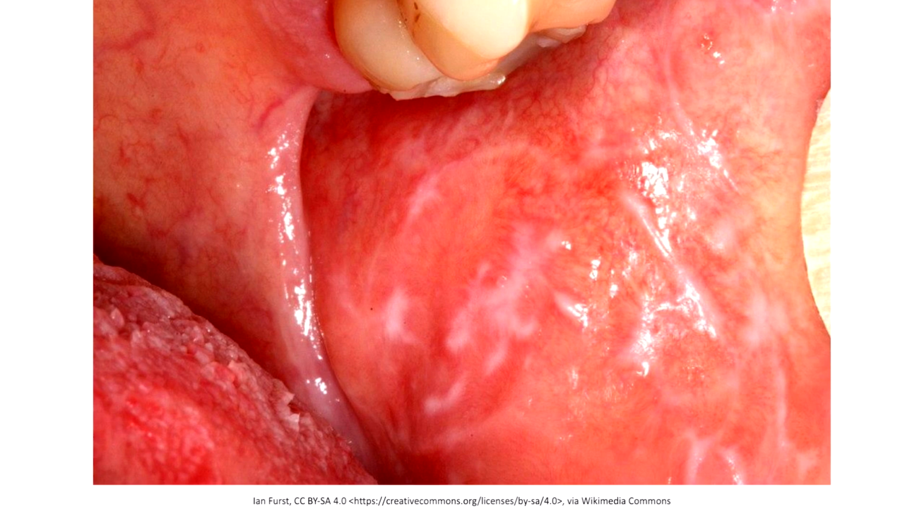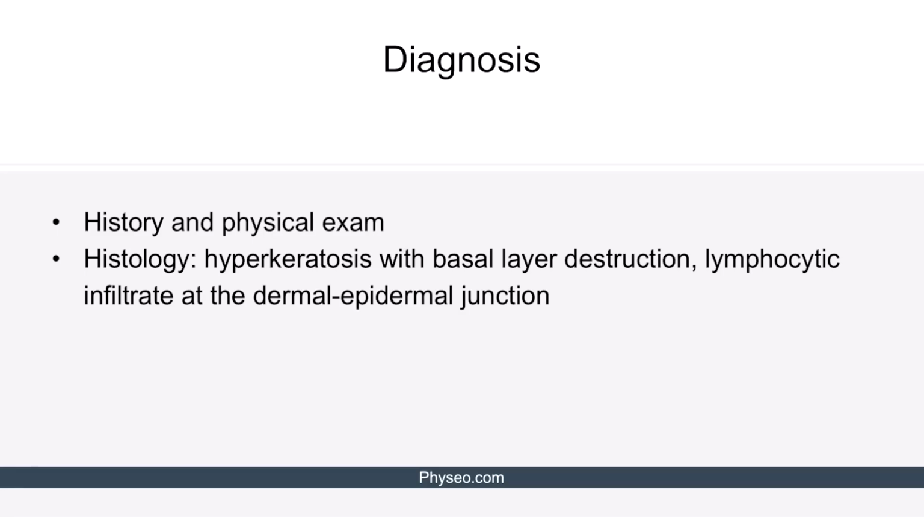As I mentioned earlier, patients with lichen planus in the genital area will often present with lichen planus in other locations. The most obvious feature of lichen planus in this image is Wickham striae. These are the lace-like white lesions that can be easily seen in contrast to the red oral mucosa. Like all of the other benign dermatologic conditions of the vulva and vagina, lichen planus is primarily diagnosed with a history and physical exam. However, if one decides to biopsy a lesion, the histology will show hyperkeratosis with basal layer